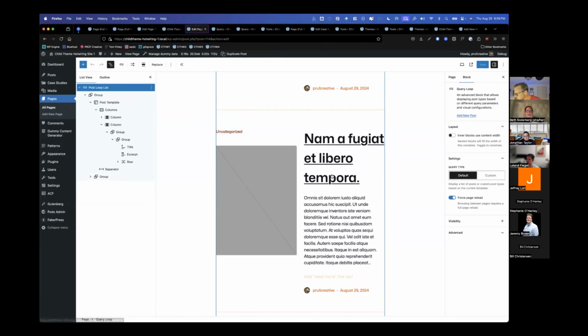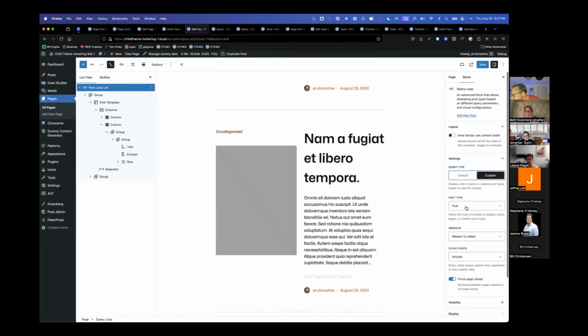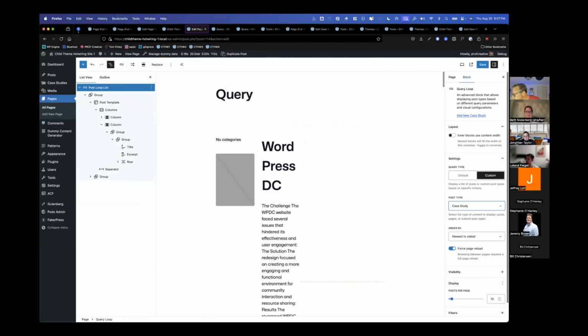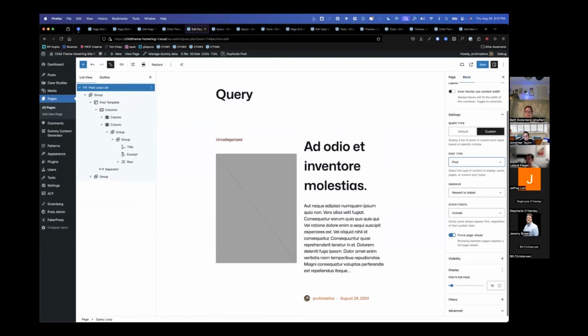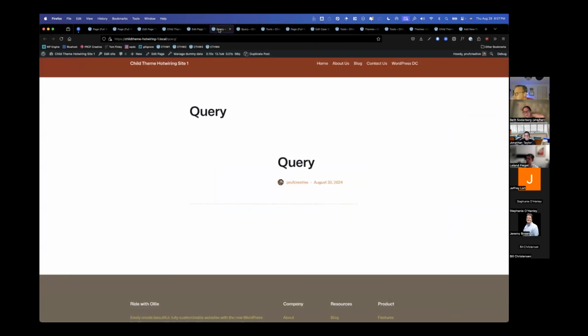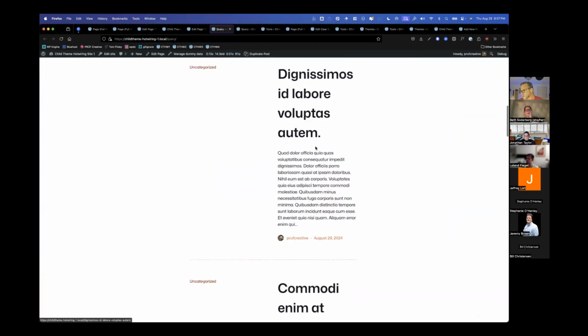Stephanie's asking, isn't it supposed to default to posts? And I believe it does. But I think what Tom and I are both looking for is that. When you go into the settings for the query block, you can change what post it is. You can change the order by. This is one of my personal gripes: you cannot select random for order by because of how taxing it is on the server.